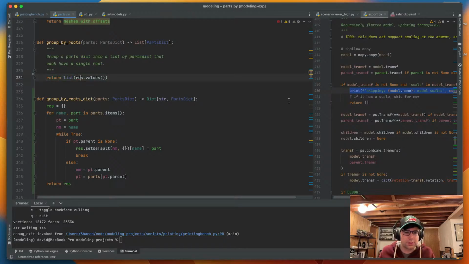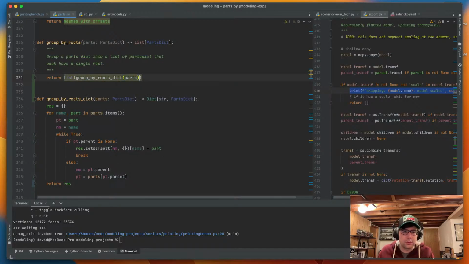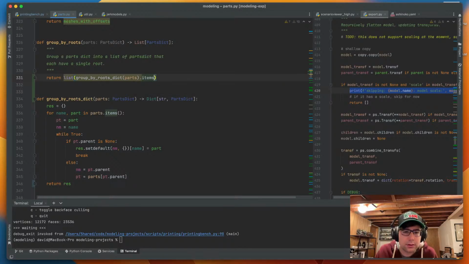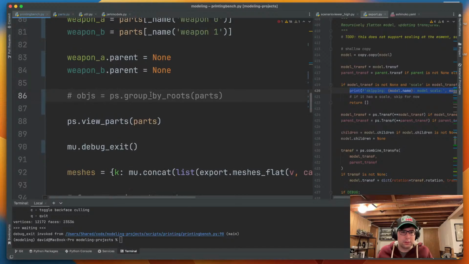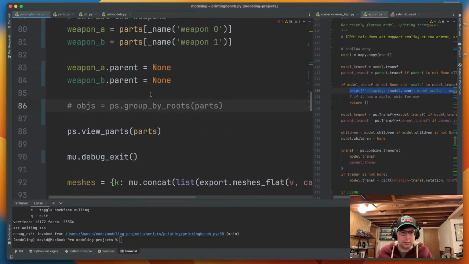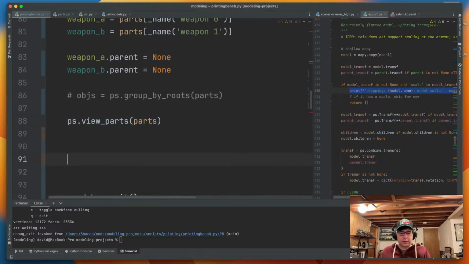That's weird. Stop items. Sound values. Okay. State. Okay. So that's our